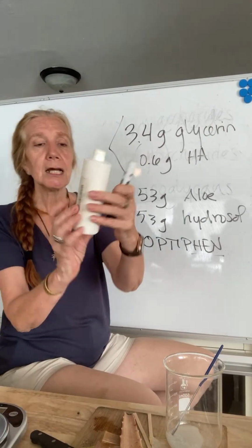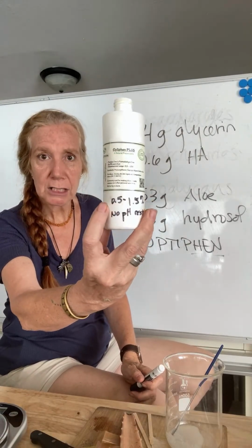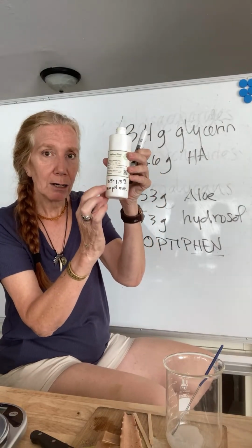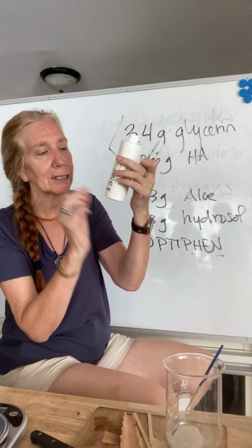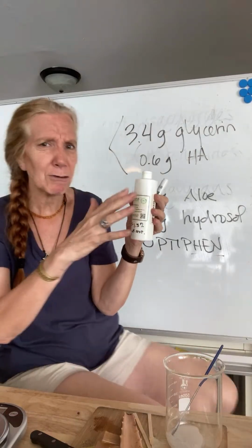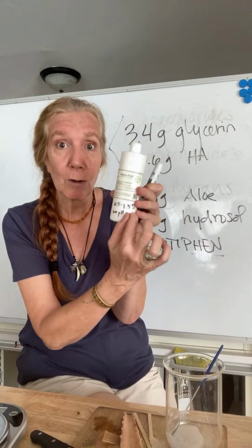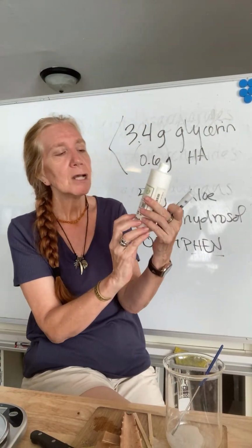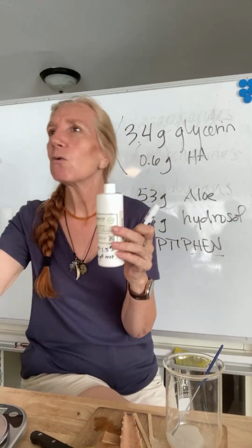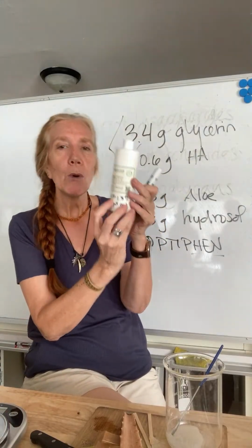And we're using, this is from 0.5 to 1.5% is the range. I always put the important information on my preservatives in large font so I can just see it right there. No pH restriction. The temperature range is too high for me to even worry about, so I don't have temperature on there. But if the temperature range is pretty low, I'm going to write that also in Sharpie. So 0.5 to 1.5. I'm going to keep it pretty low because we're just making one bottle. We're using it all up, so we don't have to have a lot of preservative. So 0.5%,